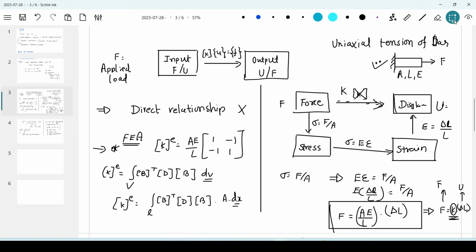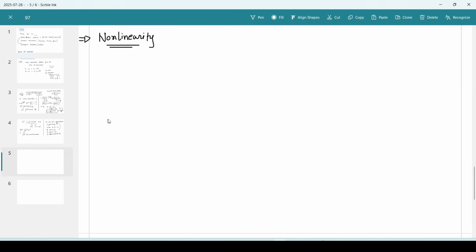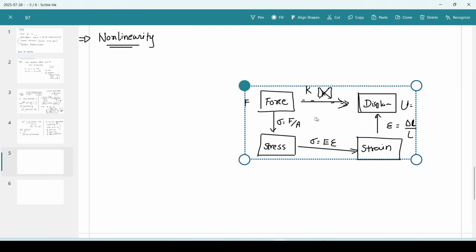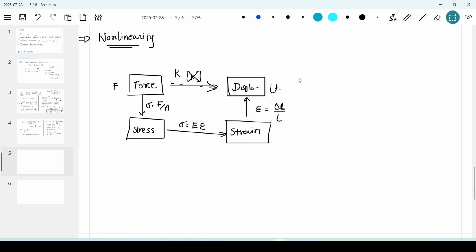We take this one. So I hope you understood this. This is how it goes. There is a direct